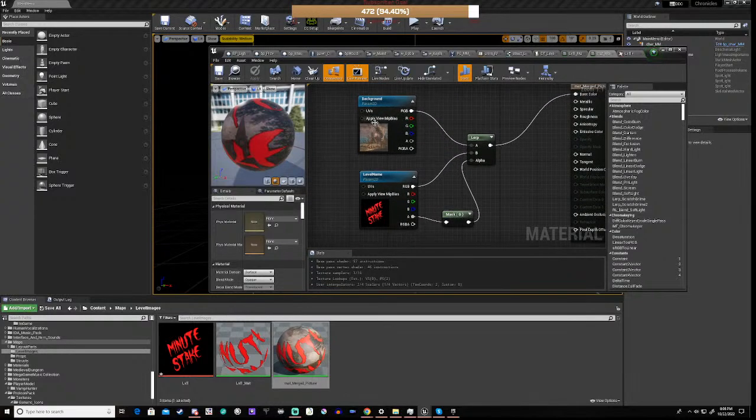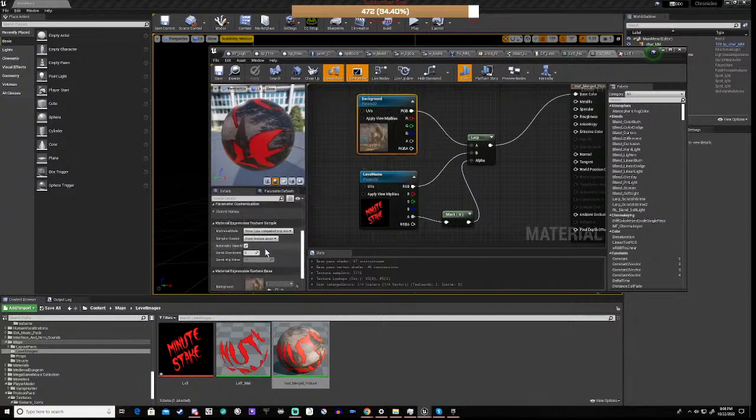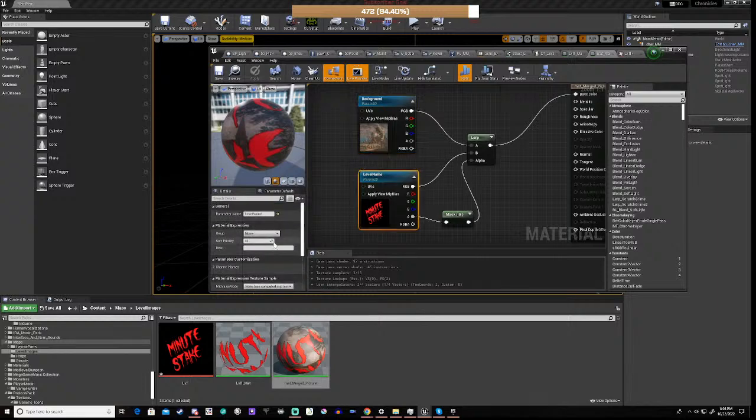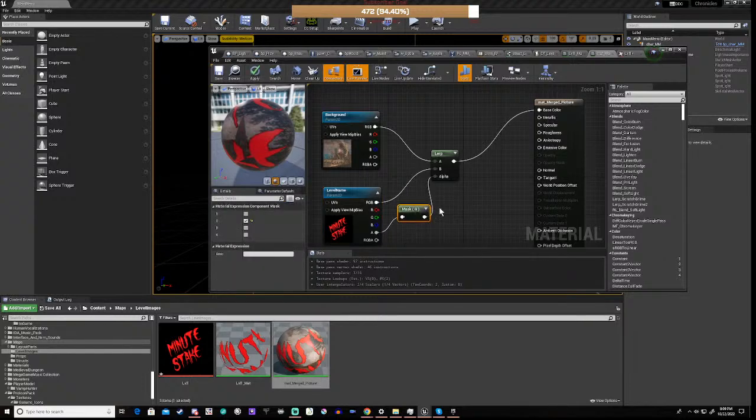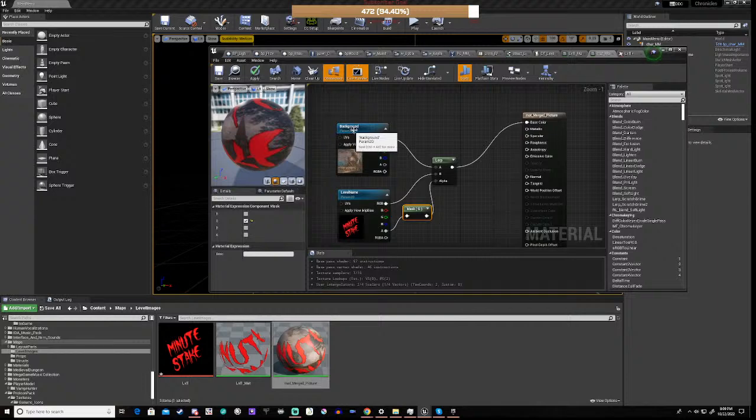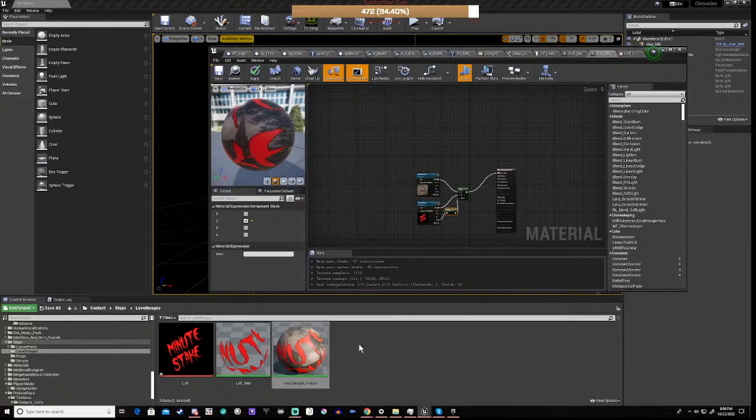Right, so in this picture what we've done is we've set up two texture samples, and these are parameters. One's called background, one's called level name. We're lerping them together and using the mask of this, the alpha, to basically set this up. So that gives us our correct material when we do that. But we should be able to set these up, but for some reason, don't ask me why,